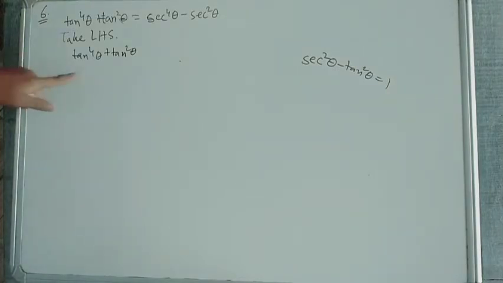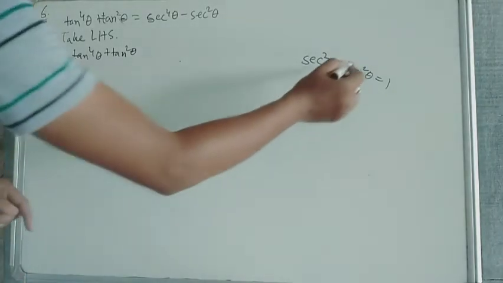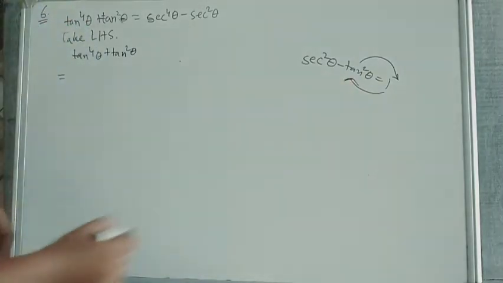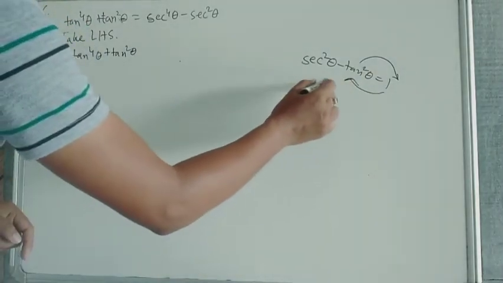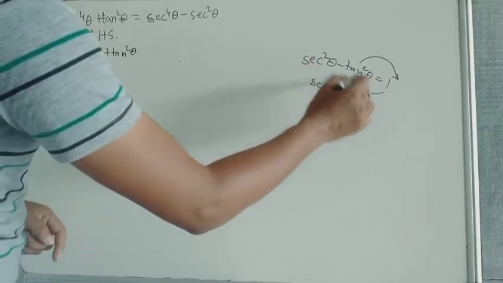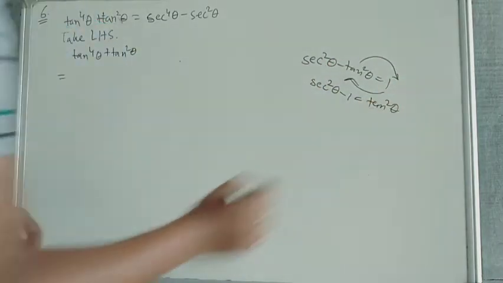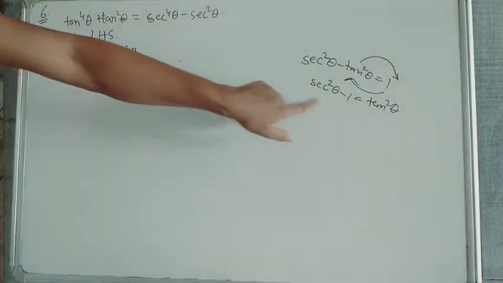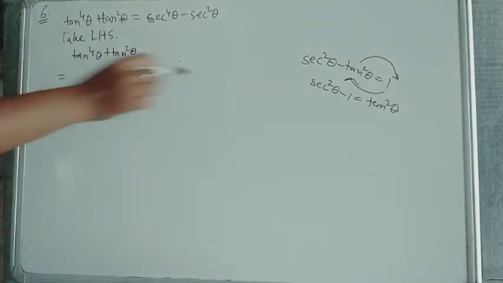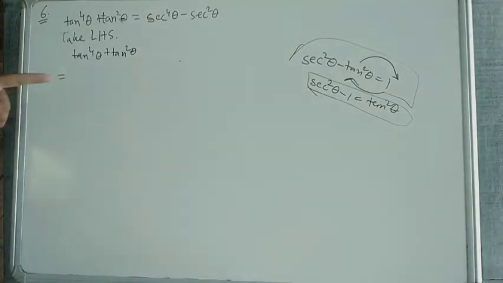Now what I need is tan, no? So if I take the tan, try to understand this one. Tan I will bring to this side, 1 I will bring to this side. So what will happen? Sec square theta minus 1, this 1 will come this side, minus 1 is equal to, this tan will go that side, minus tan was there, it will become tan square theta. Understood? So I got a formula from here: tan square theta equal to sec square theta minus 1. Understood how I got it? So I'll write only this derived part. You understood how I did this derived thing? Okay, how we got sec theta.